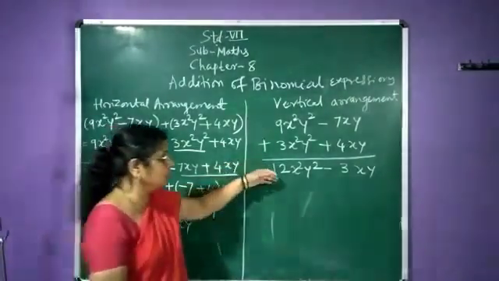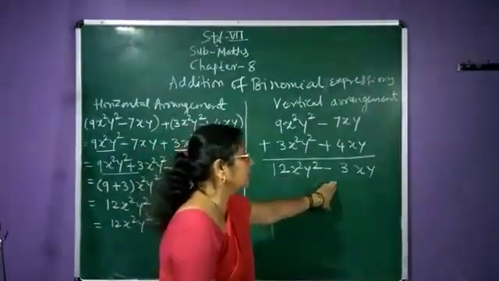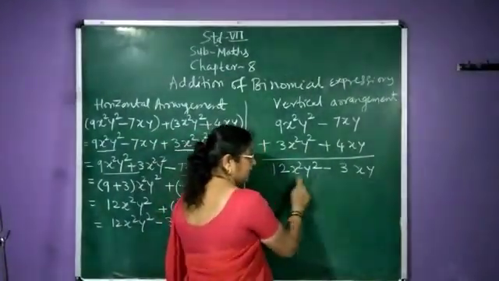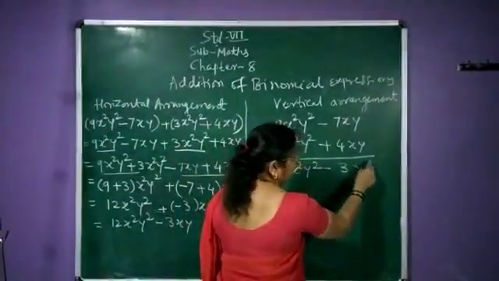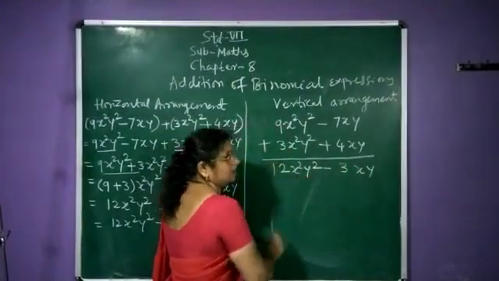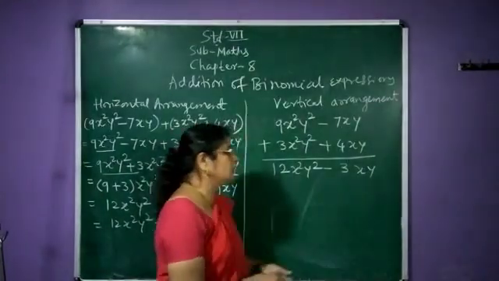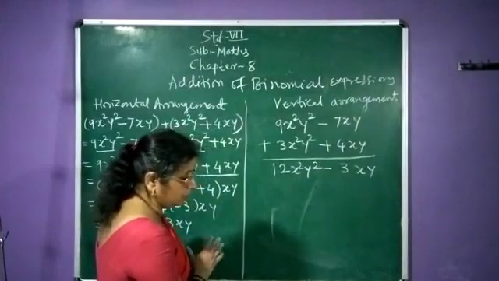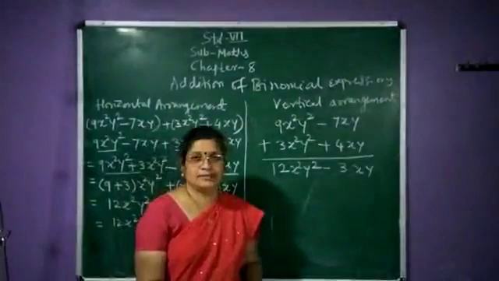And you cannot move further. You cannot do addition here because both the terms are different. And why is it different? Even though the variables are the same, the power is different. Here nothing is there, that means the power is 1, whereas in this case the power is 2. So both the terms are unlike terms. So you cannot add. When this type of answer comes, you have to keep it as it is. That is your final answer.